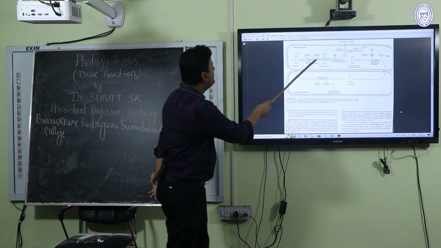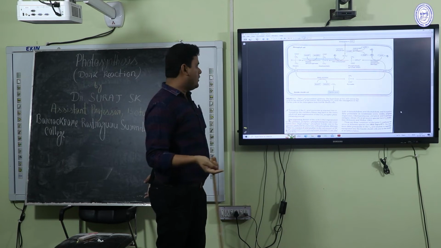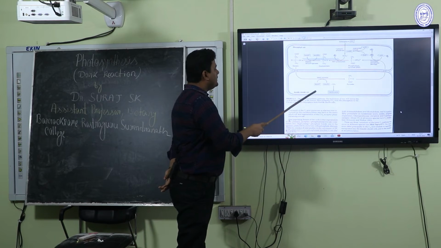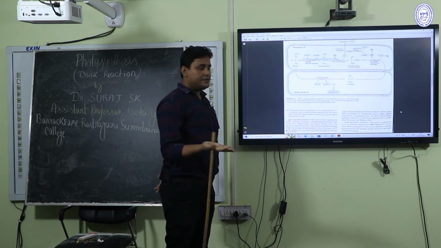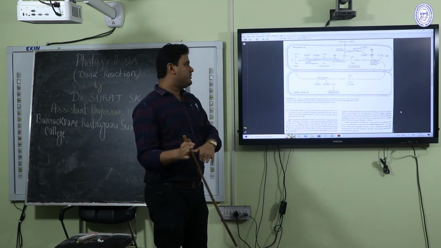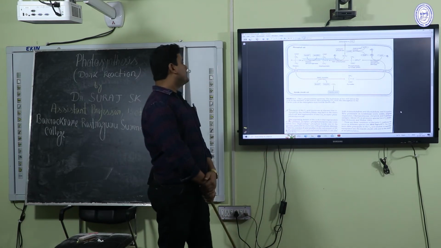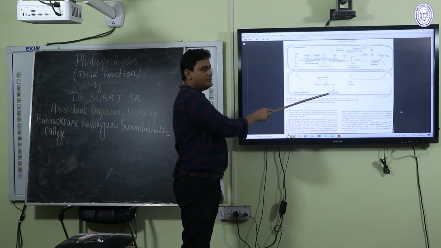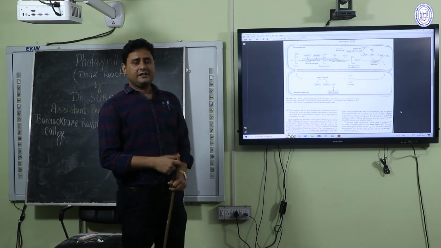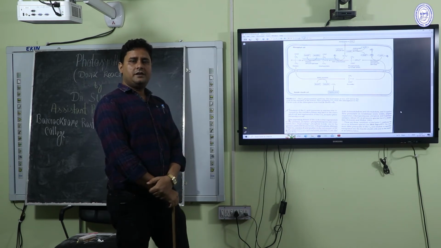So look here, what happened during this reaction, that is from oxaloacetate to malate. From oxaloacetate to malate, 1 molecule of NADPH will be required. Here also in decarboxylation, NADP plus will again be converted into NADPH, and also carbon dioxide will be produced obviously, so this carbon dioxide will enter into the Calvin cycle. So this is all for the C4 cycle,